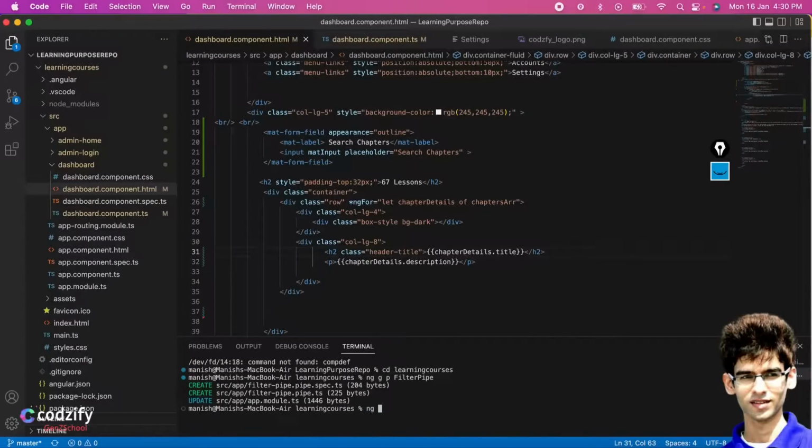Using this command you can create the pipe: ng g p, and the folder where you want the pipe. I will create one folder here, pipes, and inside that pipes folder I want search filter pipe.